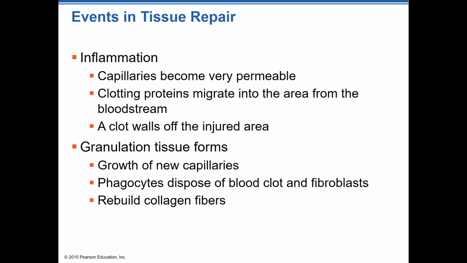There are several events that happen during a normal tissue repair. These will be talked about a little bit more again, but the first part of that process is the inflammatory process. This is an intentional process that protects that area and protects the rest of the body from that area as well. It causes some swelling and blood clotting, and walls that injured area off so it can't affect the rest of the body. Hopefully that's the ideal thing to do. That's what we're hoping for it to do.